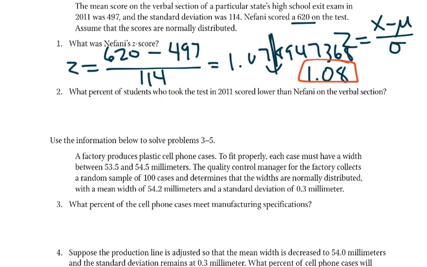Now, what percent of students who took the test in 2011 scored lower than Nafani? So lower, we want on that bell curve to have the percentile. So where do they fit over here? How much shaded in do we go? That's essentially what we're looking at. So that 1.08, the way we do that is we need that